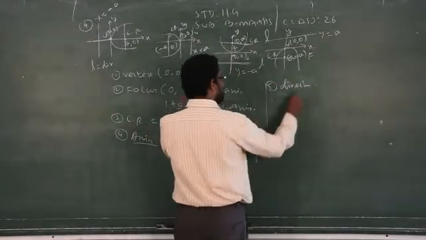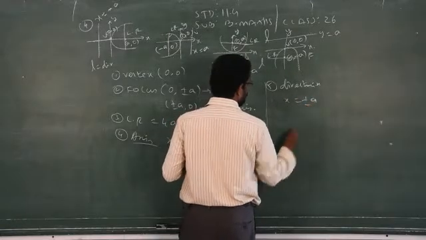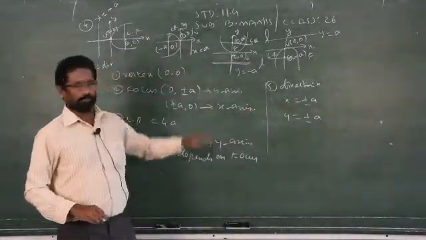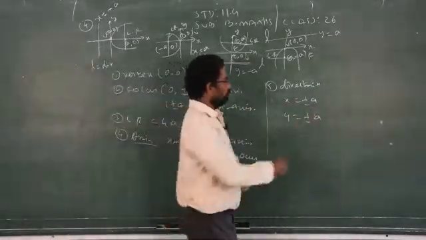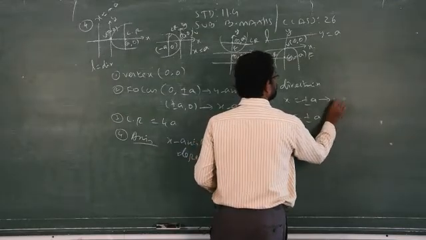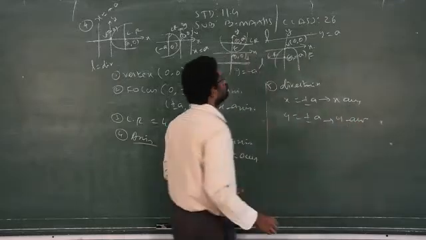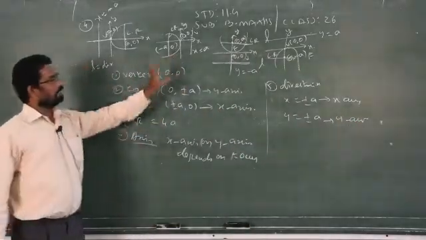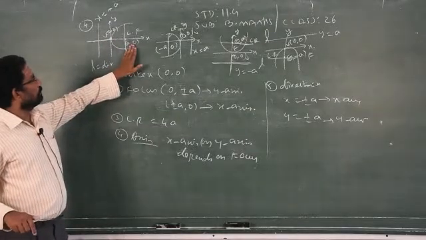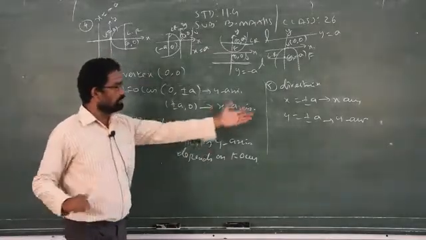So how do you find the directrix? x is equal to plus or minus a, y is equal to plus or minus a, depends upon the diagram. Clear? This refers to the x-axis. This refers to the y-axis. That you can understand. Clear? So the diagram is very important. Once you know the diagram, you know how to find the focus. Opposite the focus is only the directrix. That's all over. Everything comes under this category.